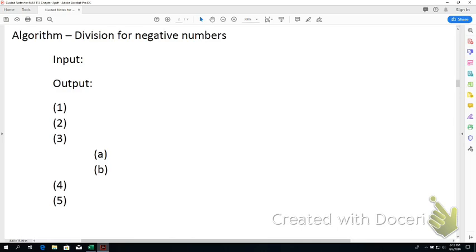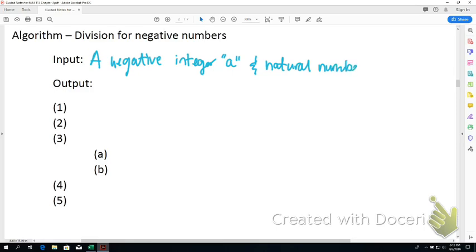Let's look at the input here. The input for this would be a negative integer a and natural number b. The output, 2 integers, we're going to say q and r,